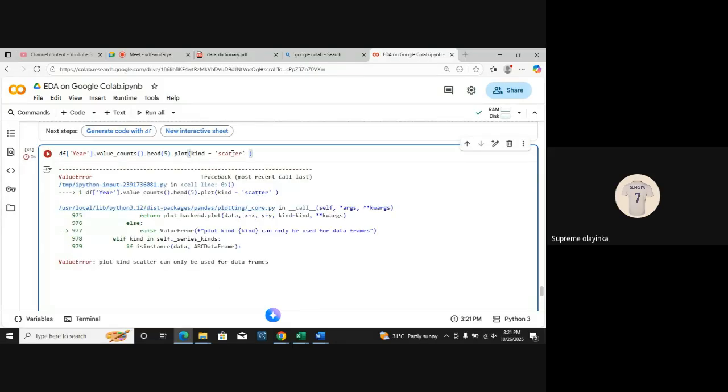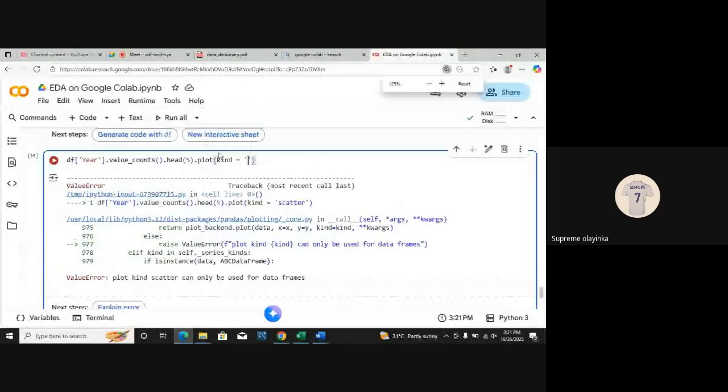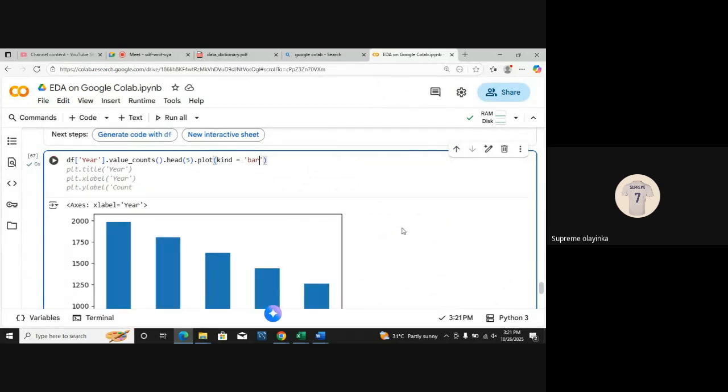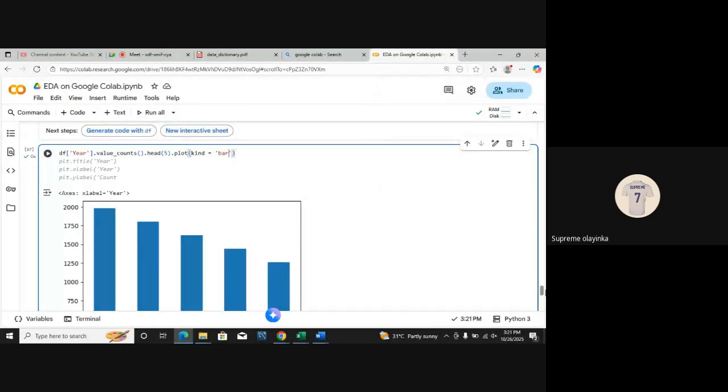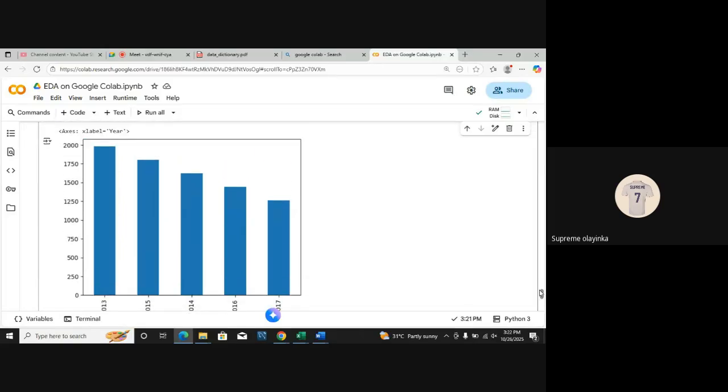Basically, we have different types of charts, and that's what I'm trying to explore here. Okay, this looks cool to me.